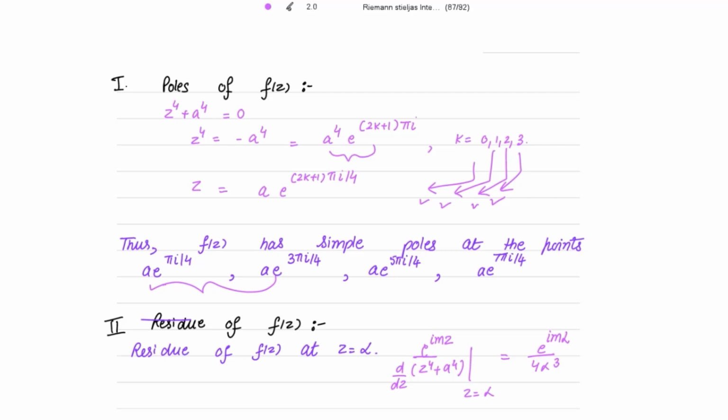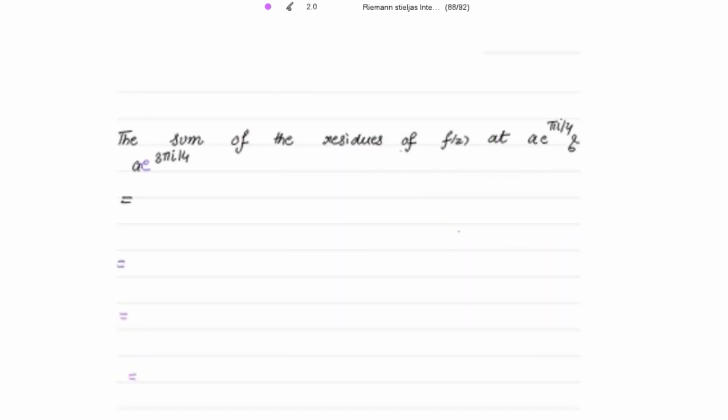This is the residue. Now to calculate the sum of the residues at these 2 poles, first put e to the power pi iota by 4 here in place of alpha, and then put this second pole and then add these 2 residues. So the sum of the residues of f(z) at these 2 poles is equal to, I'm just writing 1 by 4 e to the power iota m a. I'm putting the value of first e to the power pi iota by 4 first, this thing,